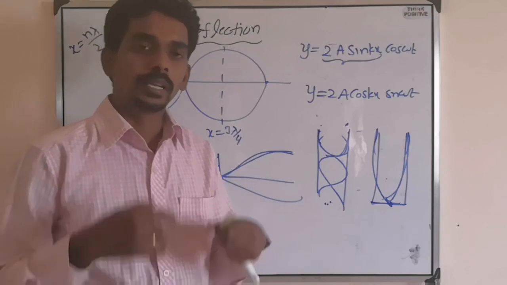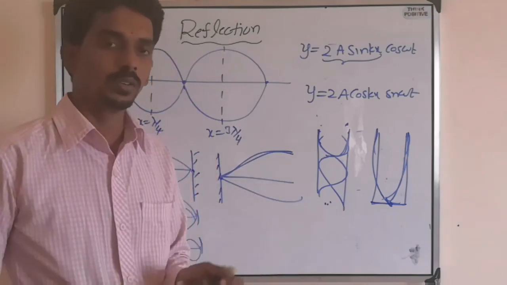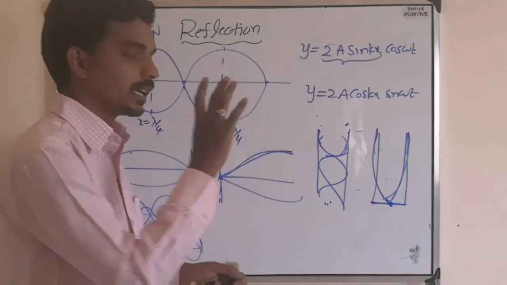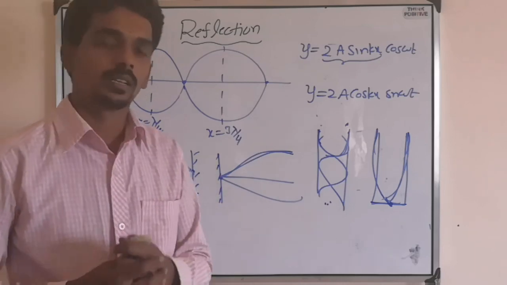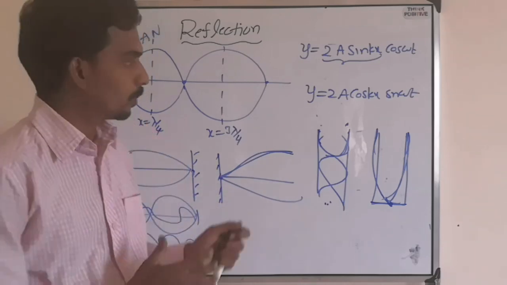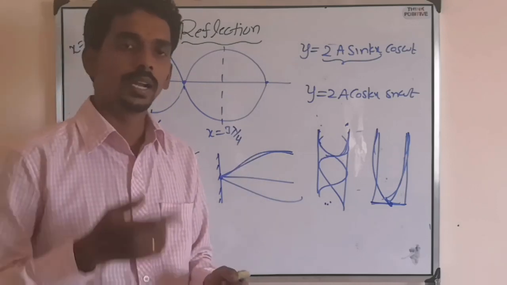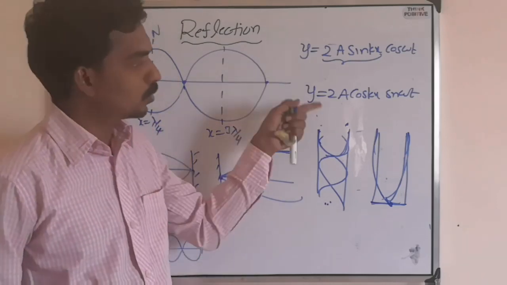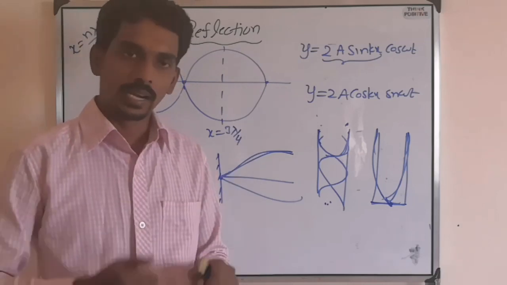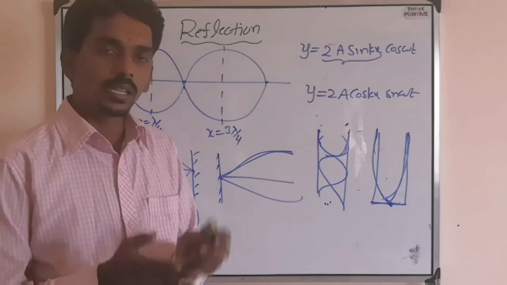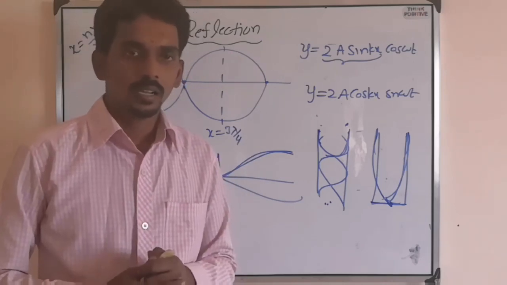What standing waves will form, and what are all the possible frequencies with which they will vibrate? Those all things we need to calculate. And that is actually the important question in this chapter based on stationary waves, right? So please try to practice and know the difference between progressive wave and standing wave, and what are the two different types of equations, and what is the condition for node and antinode, and what are the positions of node and antinode, right?